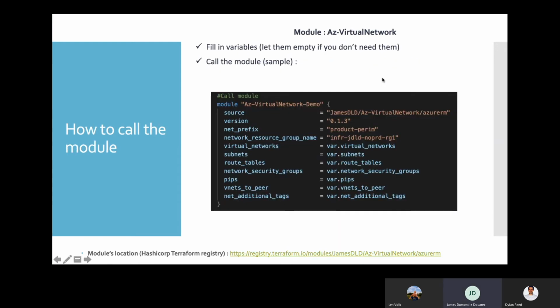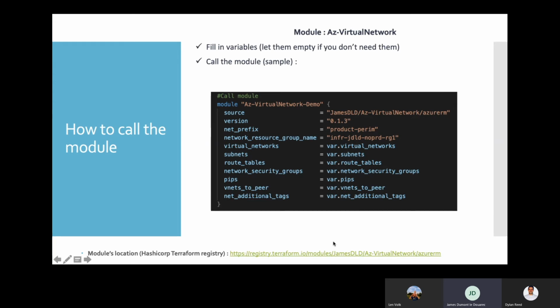Okay, let's continue. In Terraform, this is a screenshot of how we can call a module. The first two lines are very important. It's about sourcing the module. As you can see, this path, James DLD Virtual Network Azure RM, is a dynamic link that will point to the HashiCorp module Terraform repository.